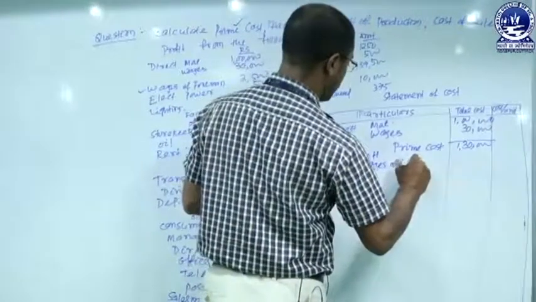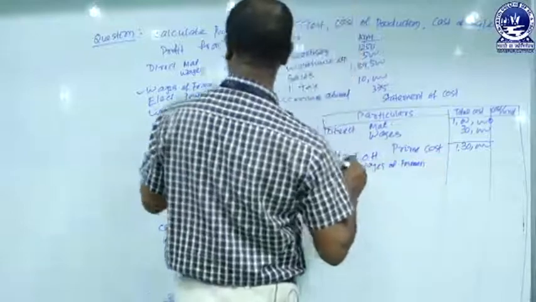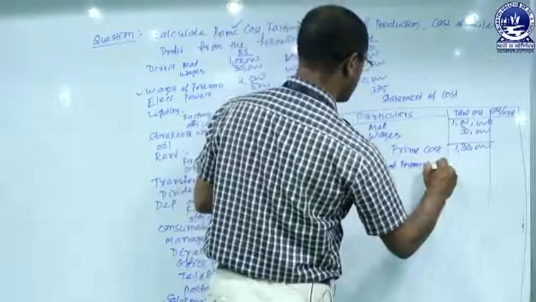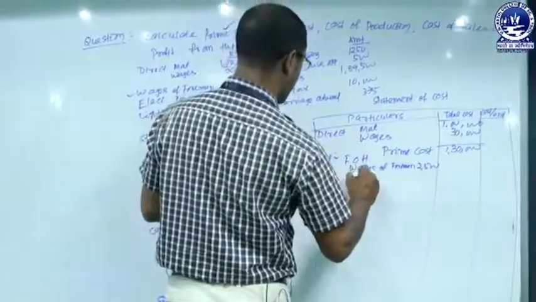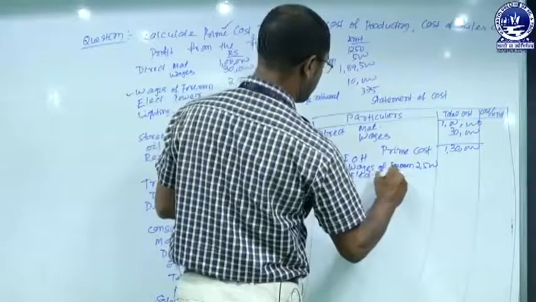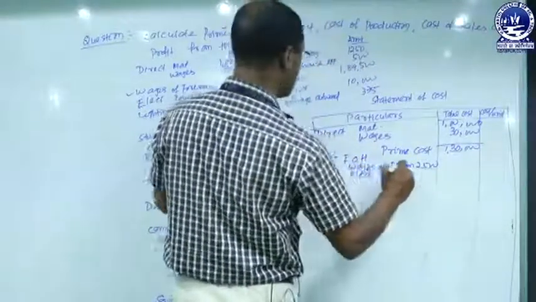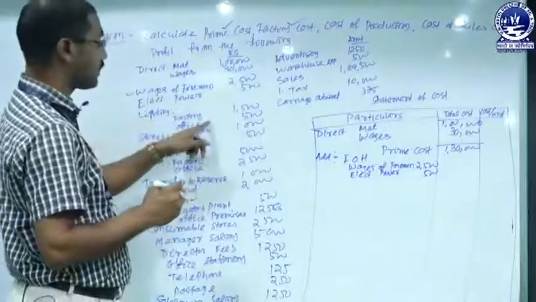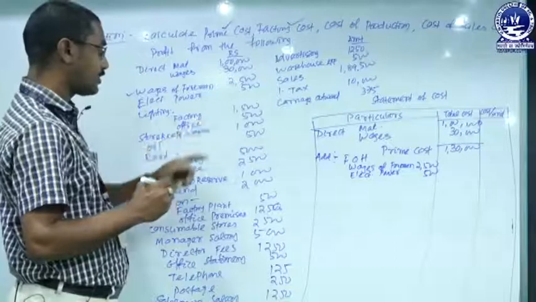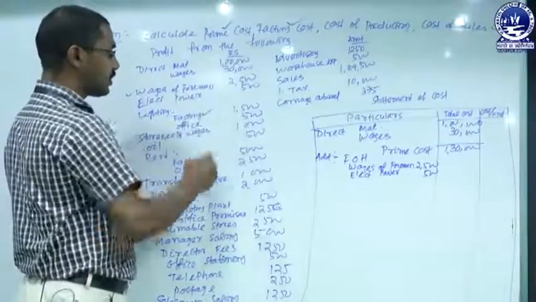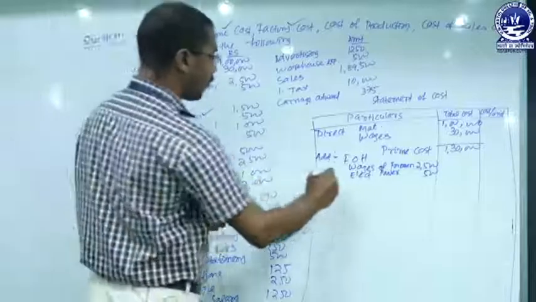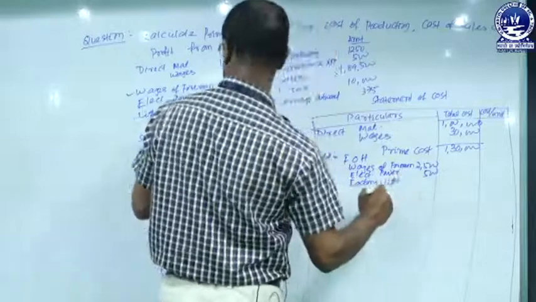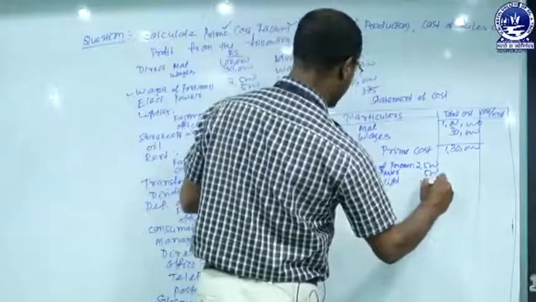Wages of foreman. As there are several items, we must mention them in the inner column. The amount is 2500. Electric power is also one head of expenses coming under factory overhead. The amount is 500. Then relating to lighting, there is one item related to factory overhead and another relating to the office, so we must consider only factory lighting under factory overhead. Factory lighting, the amount is 1500.